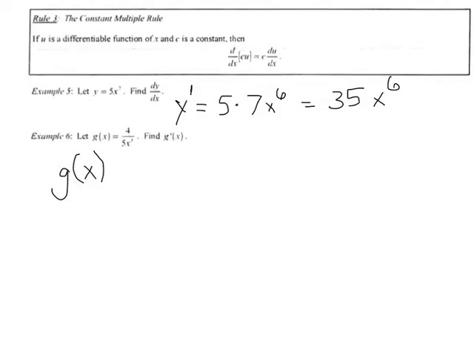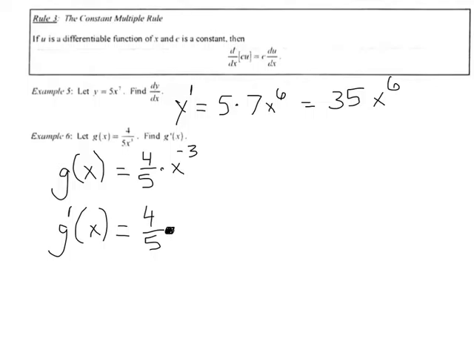I'm going to do that right now and write it as 4/5, the fraction 4/5, times x to the negative 3. That would be equivalent. And so this rule is saying, just to start out by taking the derivative of function g, that is simply, there we go. G prime of x is going to equal the constant 4/5 times